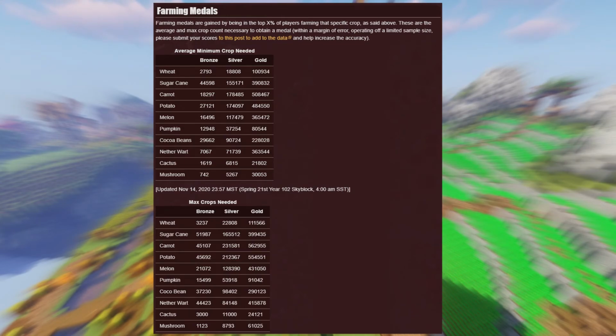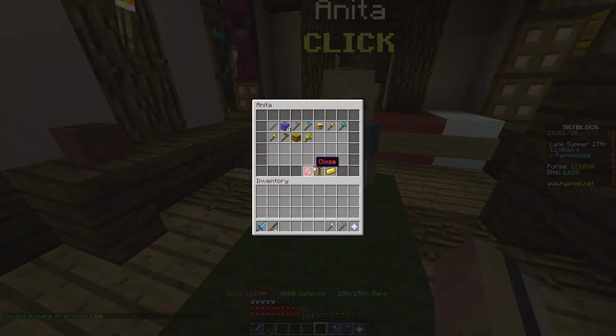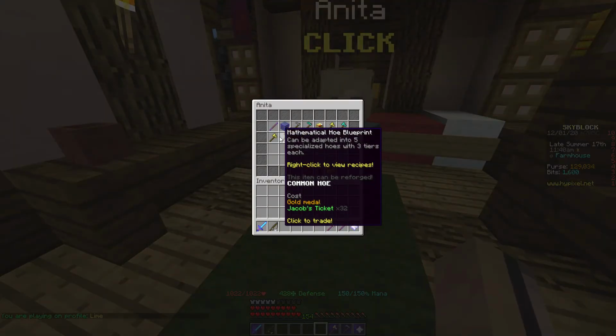Don't feel bummed out if you don't get bronze, silver, or gold, seeing as these events are more frequent than my upload schedule. But regardless, you get 1 Jacob's ticket, which as of early November, I know I plan my videos way in advance, go for about 17,000 each. Enough for another layer of dirt, or you could just use your first ticket on the Infodirt and just have